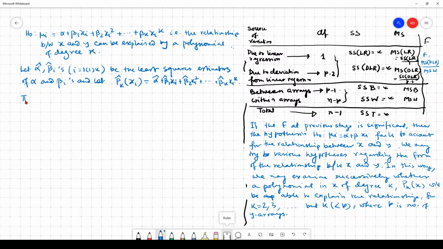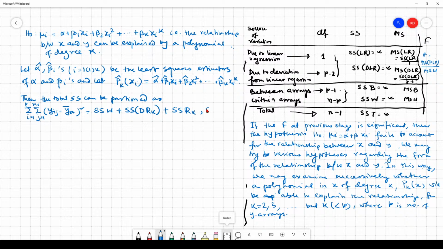Then in the same way, using the same procedure, the total SS can be partitioned as summation i from 1 to t, j from 1 to ni, yij minus y naught naught bar whole square, which is equal to SSW plus SS DRK, departure from k degree polynomial regression, plus SSRK, this is sum of square due to k degree regression, say, where